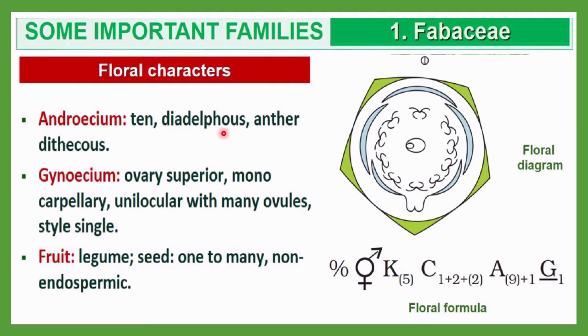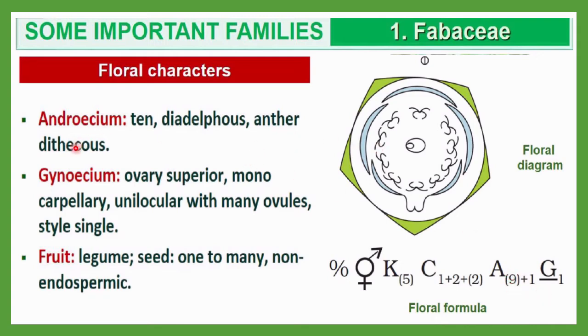Then it is diadelphous. What is the meaning of diadelphous? That means this androecium is not in one group, it has two groups. You can see here, one is not attached to any others, whereas these all are attached with each other. That's why here you can see 9 plus 1 is written. 9 are fused together, and that's why the bracket is given, and then 1 is separate, and that's why plus 1 is written here. So whenever you write the androecium, you must write the grouping also. Here a diadelphous type of androecium is there, that's why 9 in the bracket plus 1.